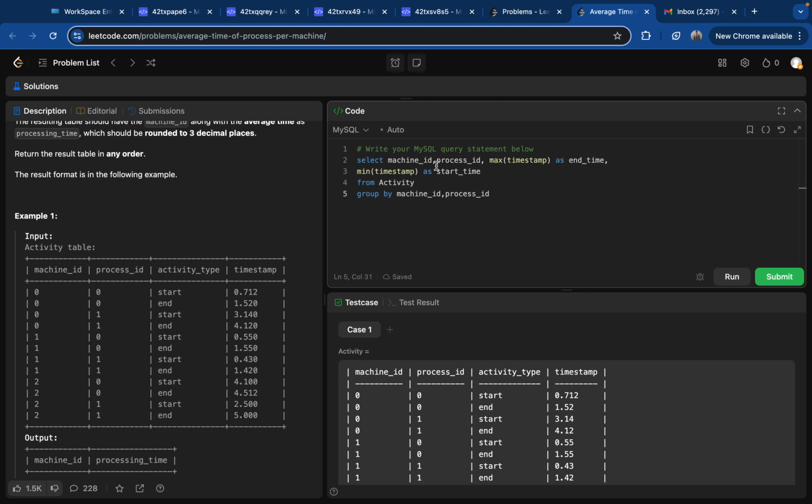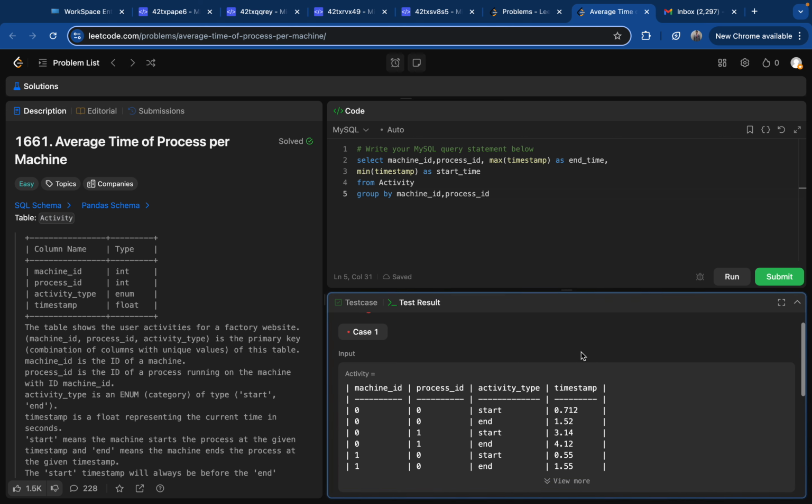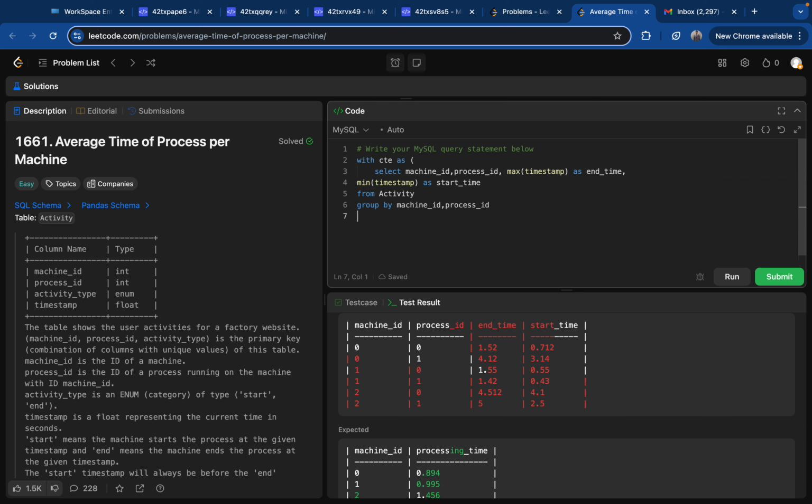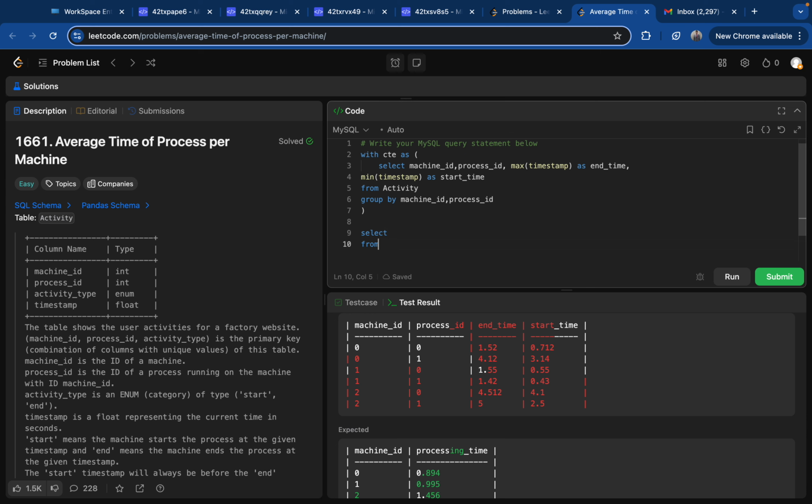So now we have already got machine ID and process ID, and if I run it here, we can see that we have every piece of information for each machine ID. Now we know the process ID and its end time and start time. So we can put this in the CTE, and then we have to find the average of end time